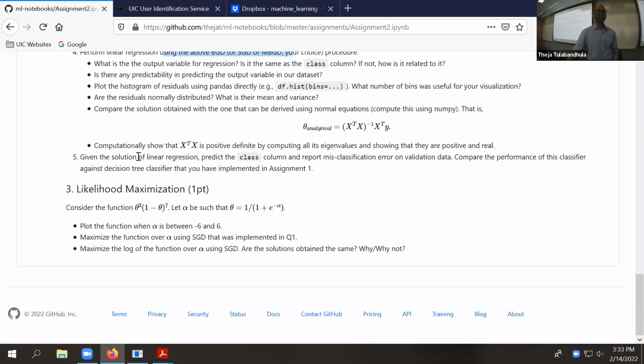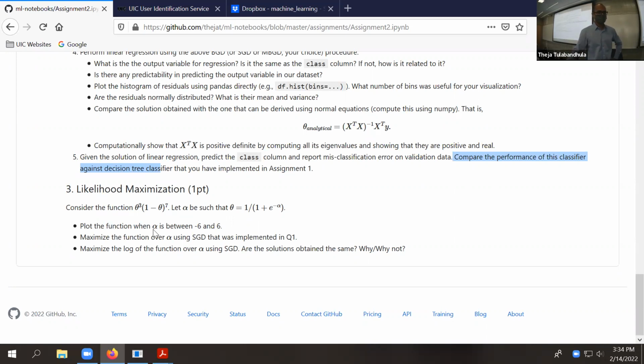yeah, and this is where I think some cumulative effort helps. So it also suggests comparing the performance of this classifier against your previous classifier. So in assignment 1, you guys hopefully spent a lot of time building a dictionary classifier. So just call that, okay? And that's where you'll see that maybe there's a gap in the API or some extra functionality needs to be added or some things need to be changed so that the dictionary classifier can be called on this data set, perhaps. So that gives you an avenue to reuse your code. Now you're building on top of the preliminary things that you have constructed. Okay.